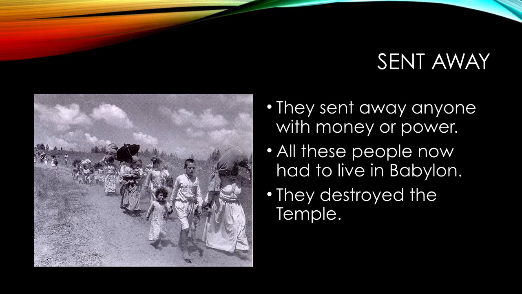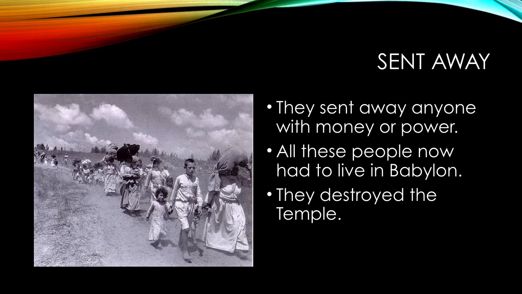They're now left with no leaders, no protection, and no economy, really, no trade network. Then you have the exiles, the people who were dragged off to live in another city. They freak out, basically, because there's a huge threat to their culture. The Babylonians are not interested in the cultures of the people they capture. They're not that sort of empire. They're not expanding strictly because of economic reasons. They're expanding because they think their culture is the best and that they should expand. And so when they show up places, they get rid of the native cultures, which is part of why they ended up destroying the temple.